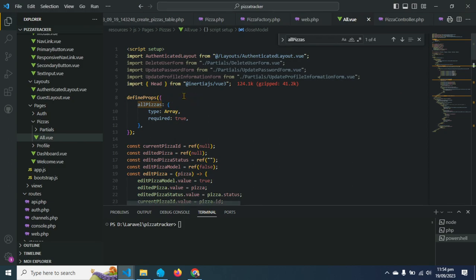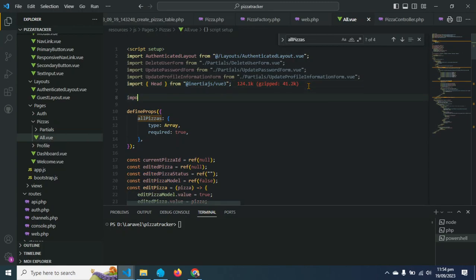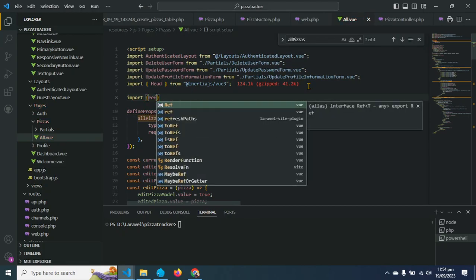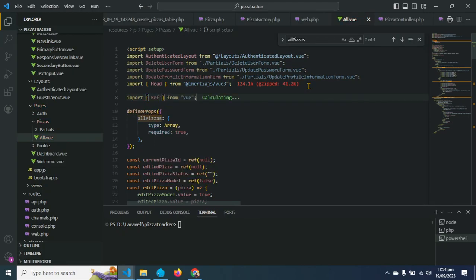Let's first add the ref from Vue. In this way, import ref from Vue. Okay, then we have used the drop down and model component from